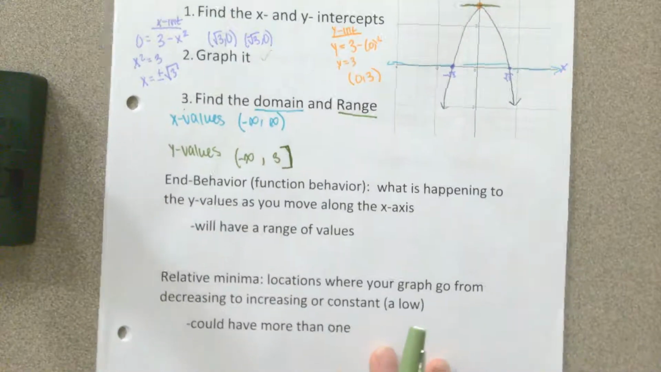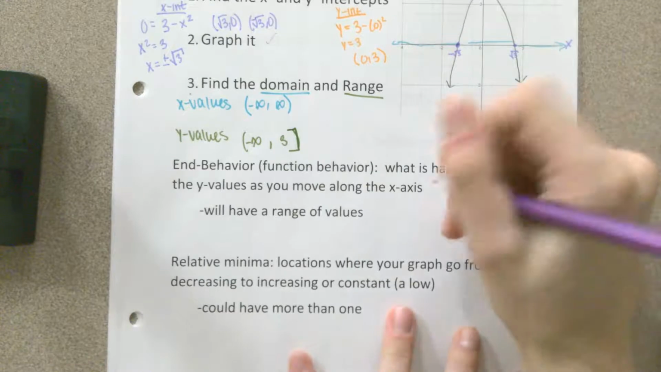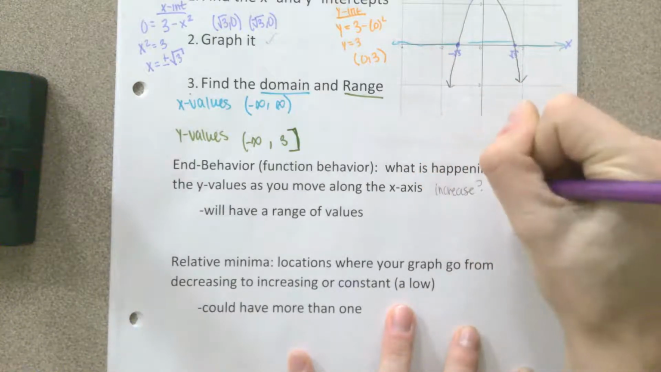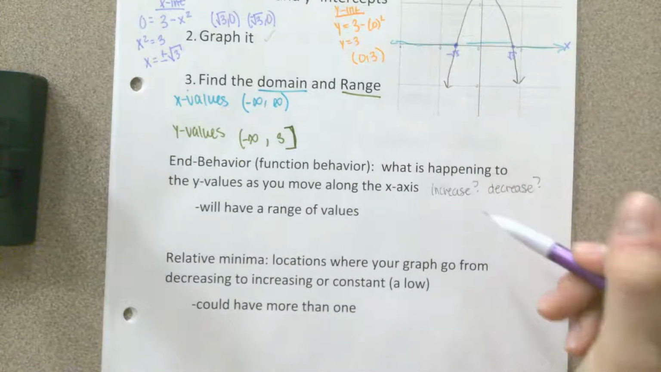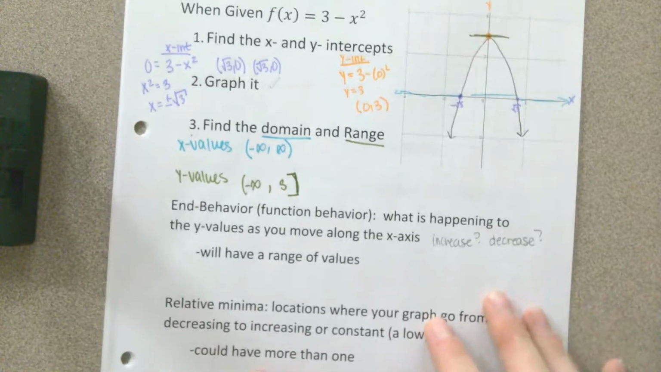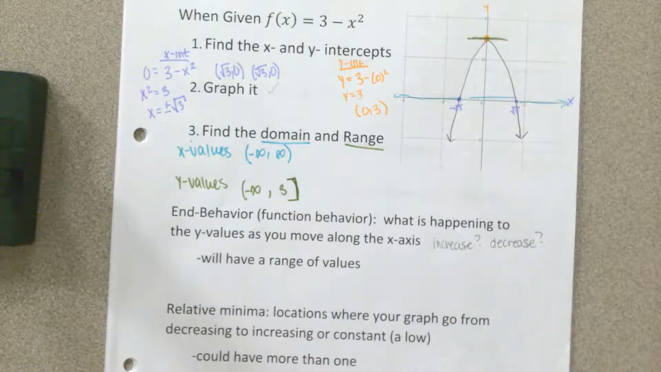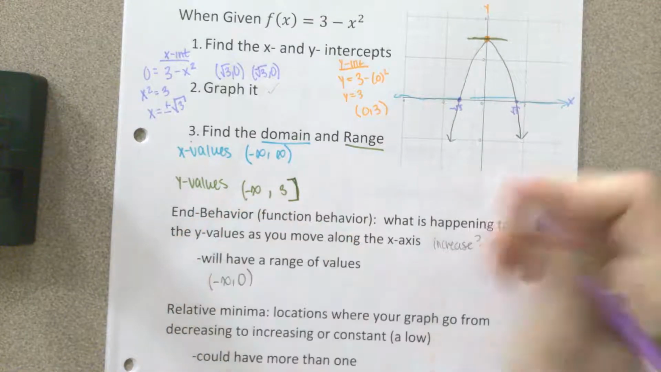End behavior, also known as function behavior, is what is happening to the y values as you move along the x-axis. Okay, so are they increasing, decreasing? Like, what are they doing, okay? So, looking at this graph, from negative infinity to 0,